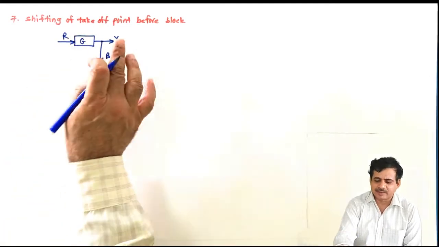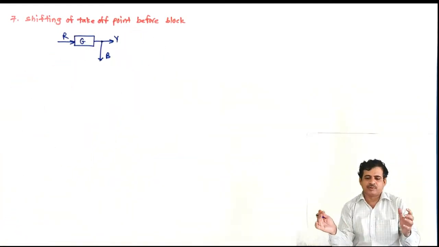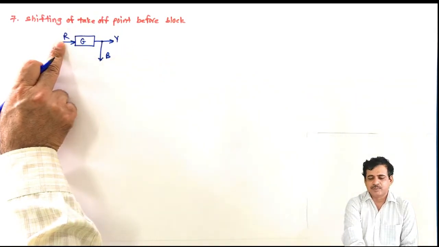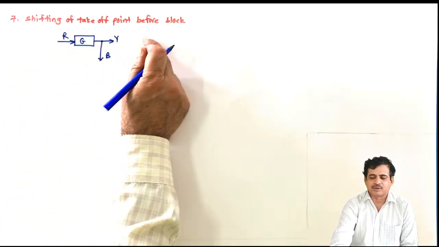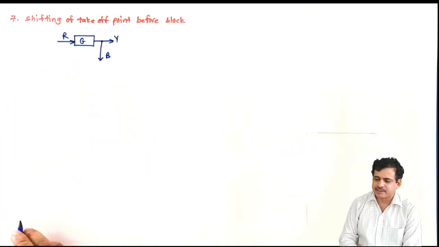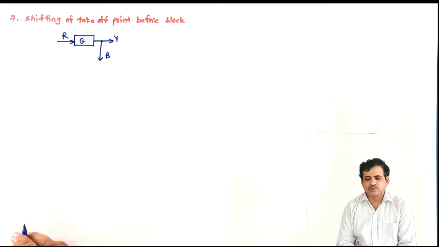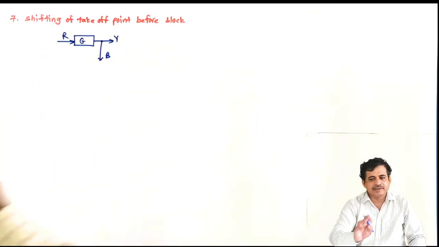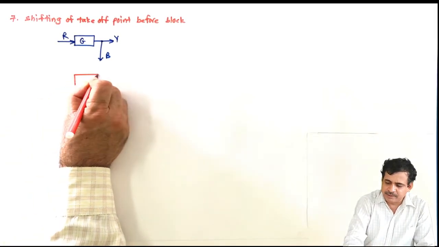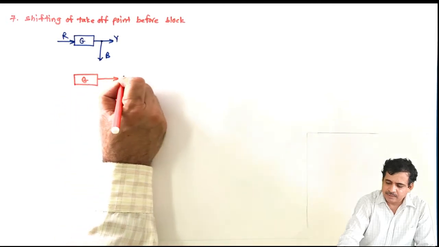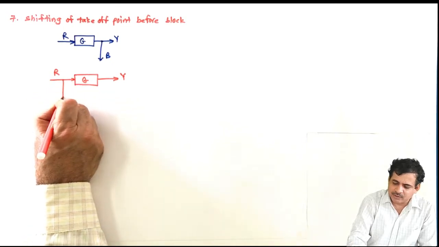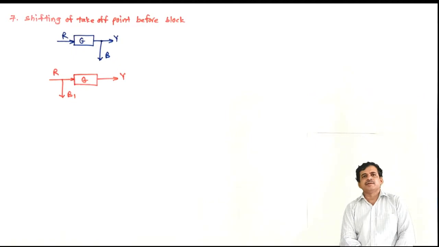This is supplied to some other system, and this is the takeoff point. So what we want, say for example, after this takeoff point there is another system and I want to bring them in series. So this takeoff point is the hurdle. Either I have to shift this towards before this block, or if there is another block, after that block. So first let us see shifting takeoff point before the block, and what we need to do, all the signals Y and B shall maintain the same. So let me shift it earlier, and for a while let us call this as B1, correct?